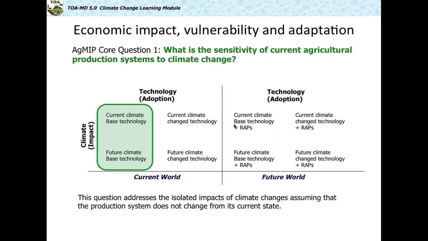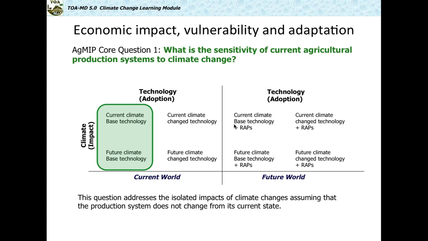So we're comparing the current climate versus future climate. So in other words, we're taking today's world, the systems we see right now, and that we can represent with the data we have from the current world, and we're